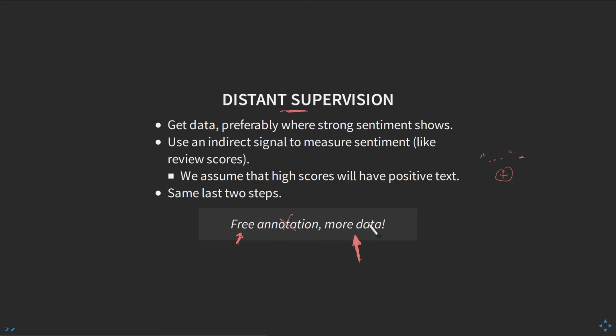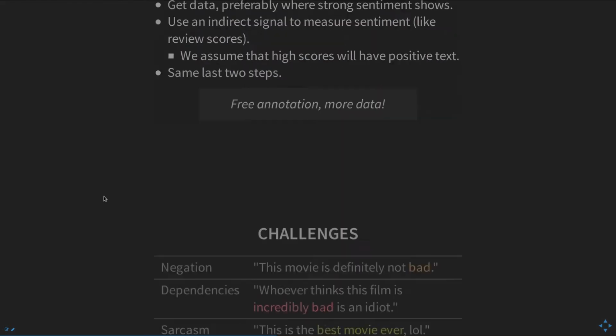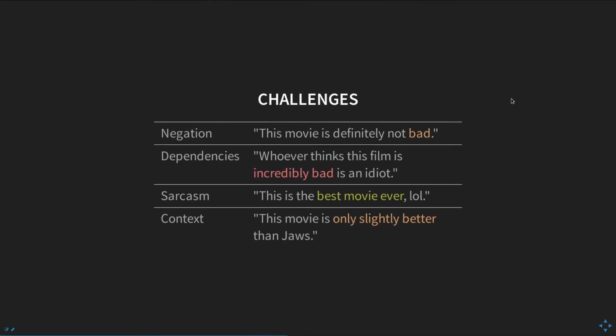We can just get whatever data we want, and we can also have an evaluation set with some hand-labeled instances, so that at least we have a reliable test set. But for the majority of the training data and maybe also the validation data, we can just rely on this distant supervision. So I think sentiment analysis by itself is already a pretty interesting task,